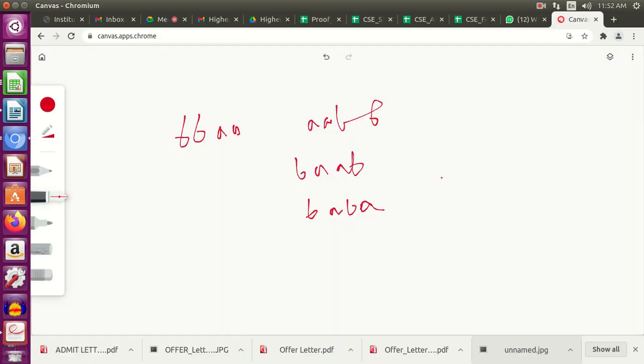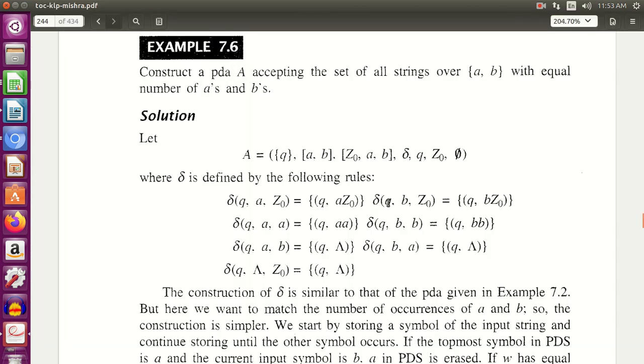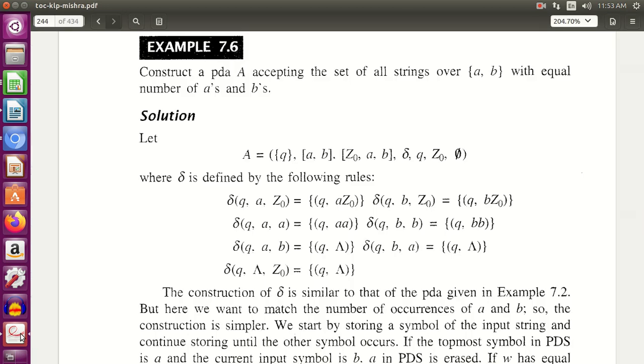So I'll just come over here so that it becomes easier for you. Initially we had Z0. Suppose I take this one. Initially I had Z0, I'm getting a B, I push the B. Now my top of stack is B. I go back, my top of stack is B and what I get is A. So let me check which one to use.